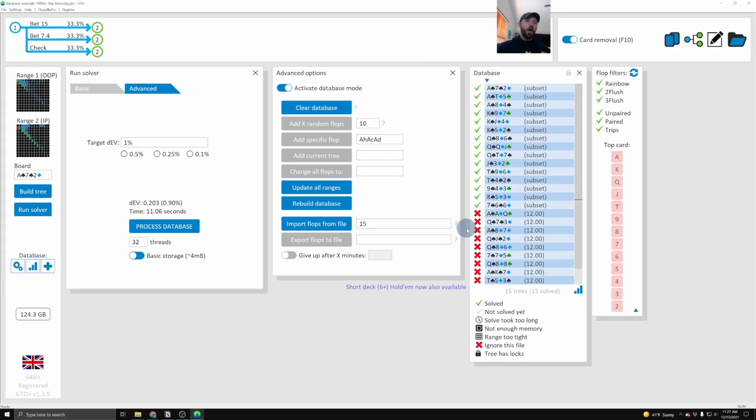which means I can't actually go and look at the turns. If I do want to look at turns through the database mode, I'm going to have to use extensive storage, which is going to take a lot more space. So just something to note as you're building out databases. Do you care about diving into turns and rivers, or is it just simply a flop analysis? And if it's simply a flop analysis, what I would suggest is use basic storage,